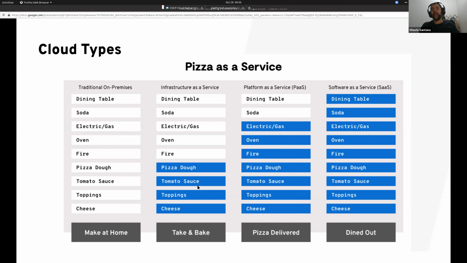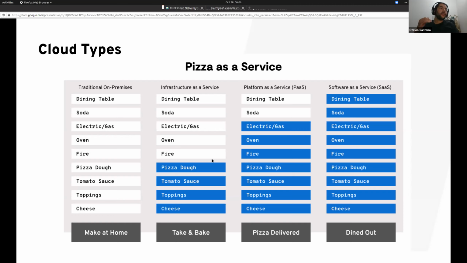Basically, I go to a grocery store or a market, something like that, buy a pizza, and then go back home to put the pizza in my microwave or something like that.